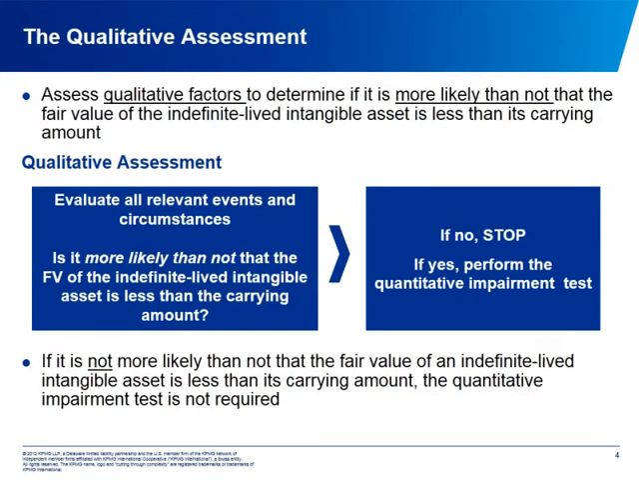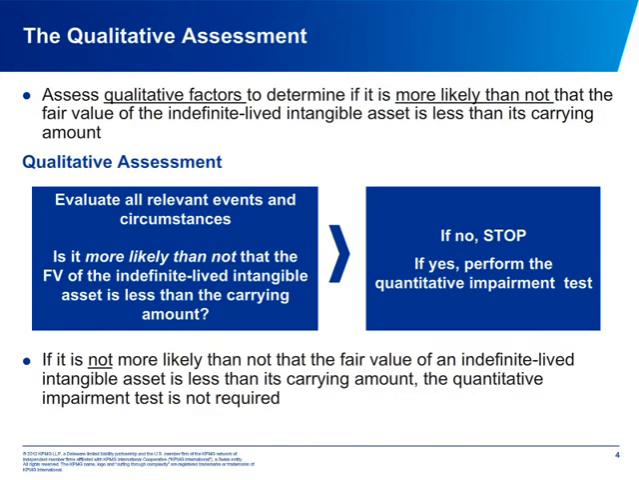One of the main objectives of the ASU is to reduce the cost for both public and non-public entities in performing their required annual impairment assessment for indefinite-lived intangible assets. This is achieved by allowing management to first perform a qualitative assessment to determine whether it is more likely than not that an intangible asset is impaired, which exists when the carrying amount of the asset exceeds its fair value. Companies would only be required to perform a quantitative fair value calculation for the impairment test when it's more likely than not that it's impaired. In other words, the quantitative fair value calculation would only be required when it's more than 50% likely that the